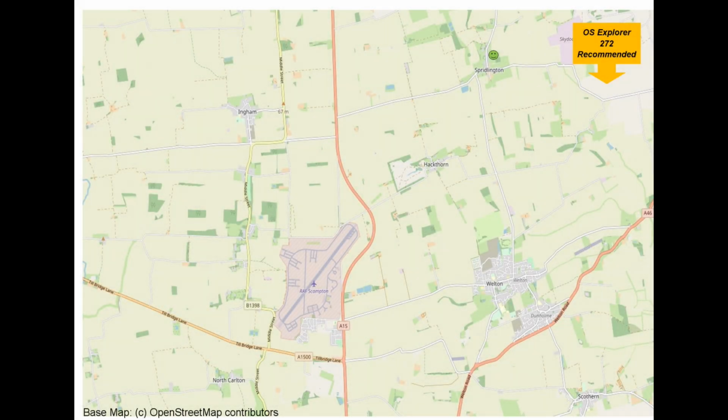Today's walk starts out at the village hall of Spridlington in North Lincolnshire. Heading south, then west along the road past the church, the route then heads out along Cliff Road for around a mile before it takes the bridle path south towards nearby Hackthorn. Winding its way through the village centre, it picks up another bridle path and then across the fields towards Welton